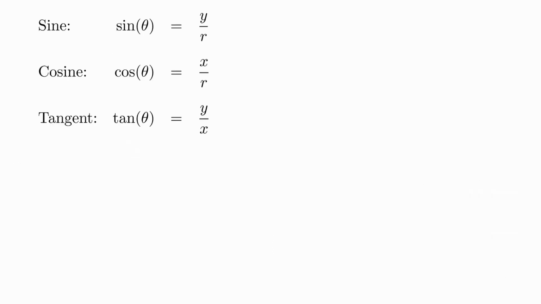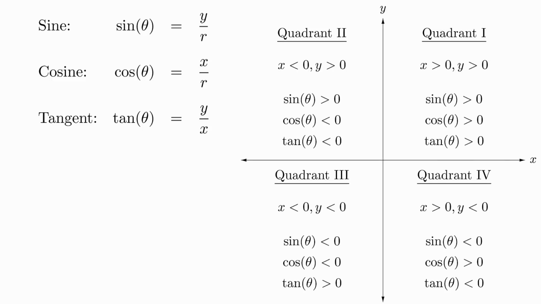We will focus on the 3 primary trigonometric functions for a bit, since the others are just the reciprocals of these. From the formulas, we can actually determine whether the functions will be positive or negative depending on the quadrant that the angle is in. We did a bit of practice with this when we constructed the special values on the unit circle, but it's an exercise that's worth repeating.